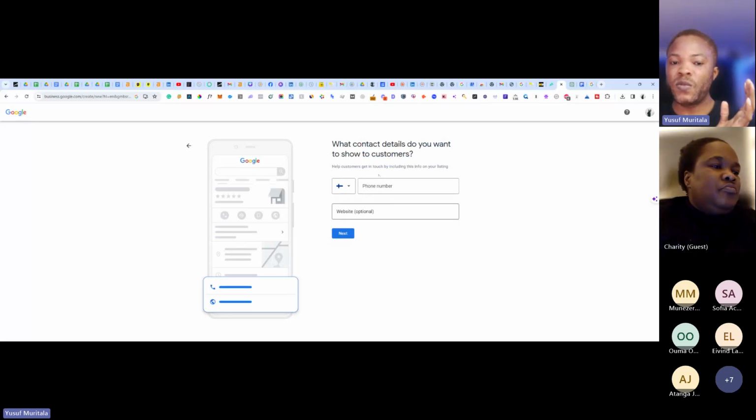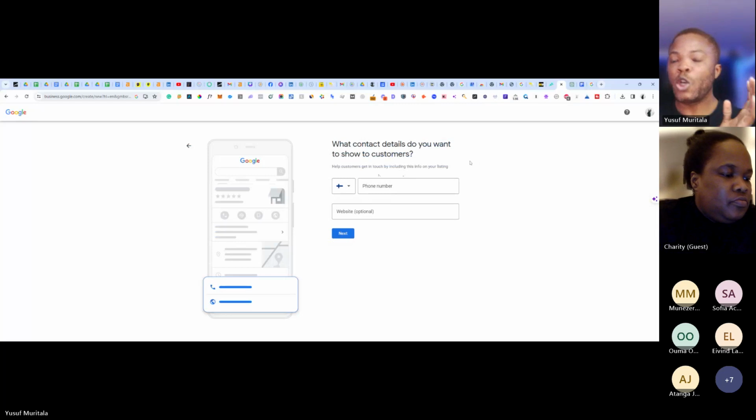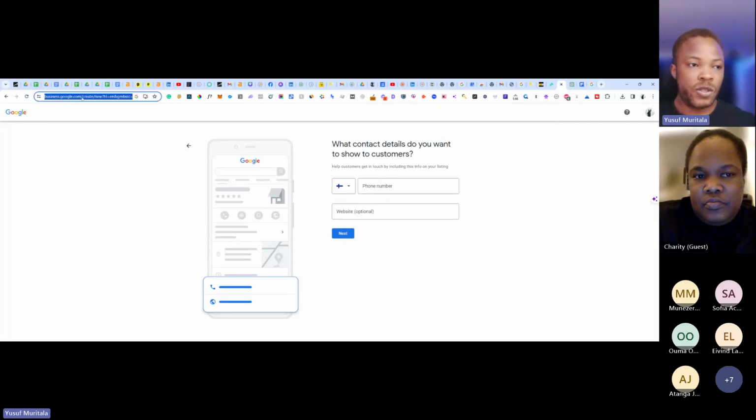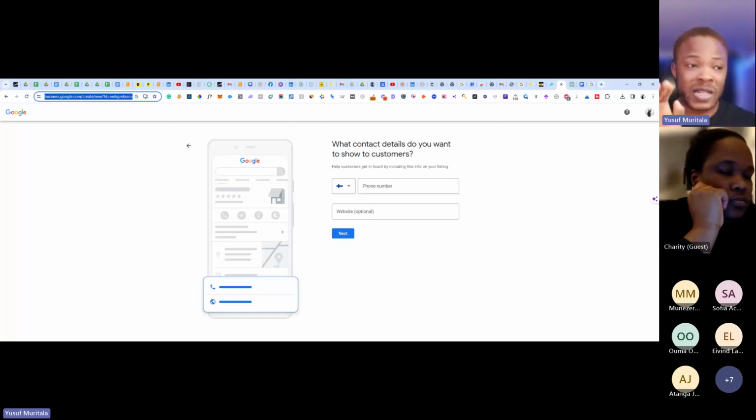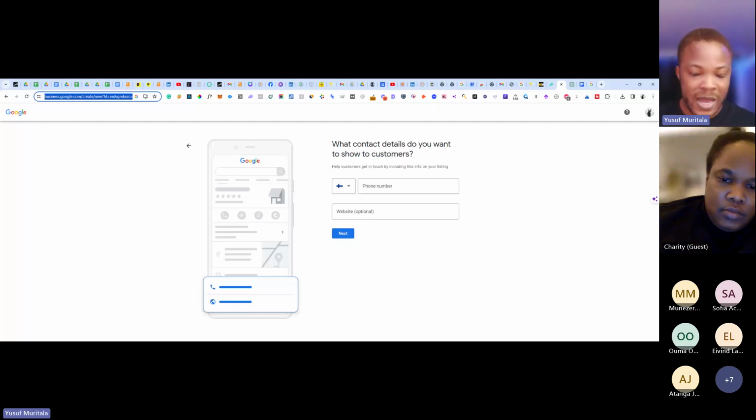So you put your details, phone number, website, optional, and you continue from there. At the end of the day, this is what you will have. I'm making it quite fast now so that I can go through the key important things that you need to make sure you fill out, which is also part of this. The number and the website have to be filled out.